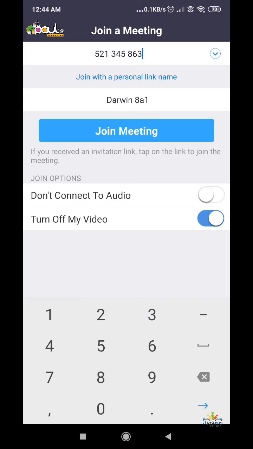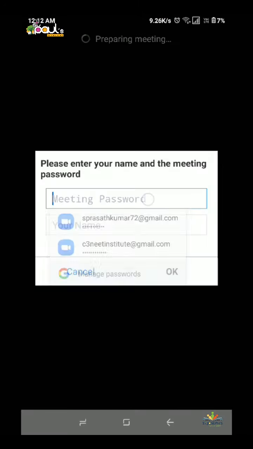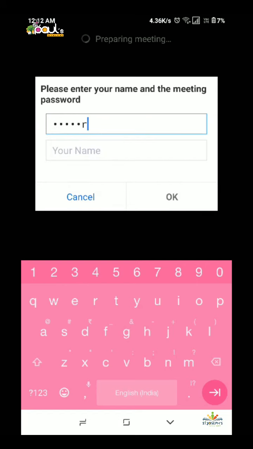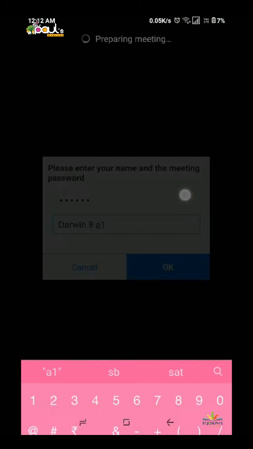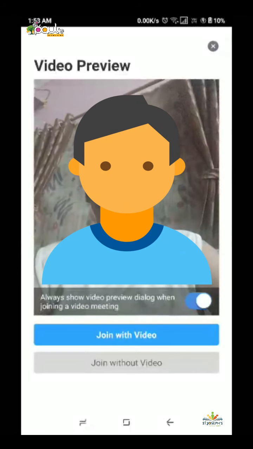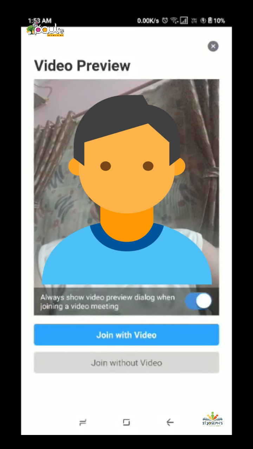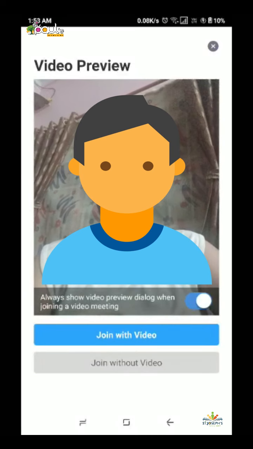Next, by clicking OK, you'll be on a page where you should enter the password as provided, and fill in your name, class and section, so the teachers do not have any difficulty identifying or calling out the students during the session. After that, click OK, and the next page will appear, which asks your choice to join with or without video.